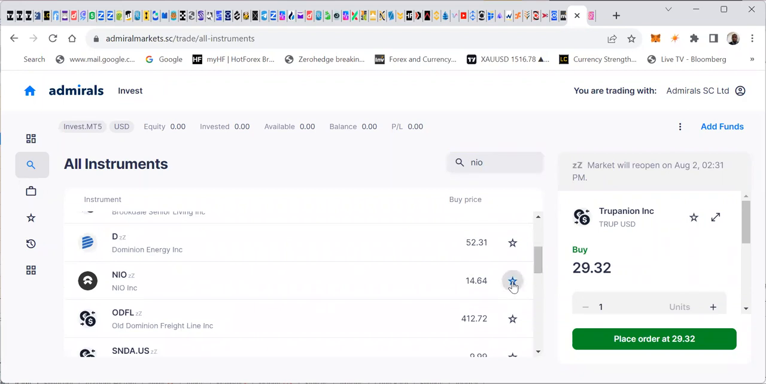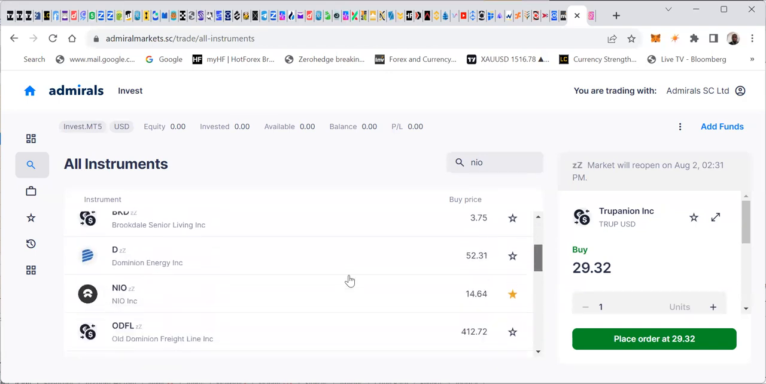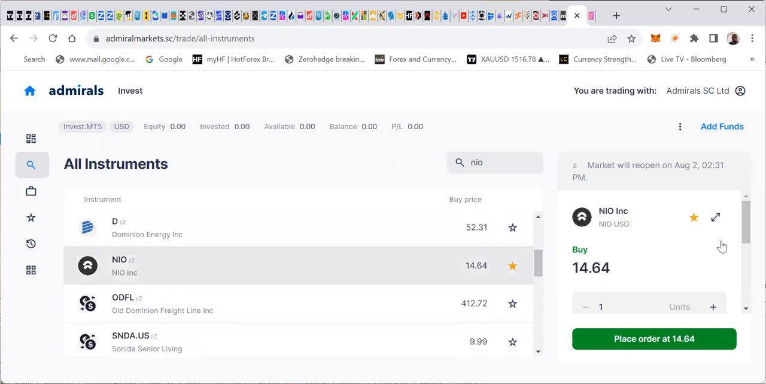Now I've just clicked on the star. What that means is that I have bookmarked it. So if I'm looking for the ones I have bookmarked, it will be easy. So now what do you do? You click on it. Now it's telling me market will reopen on August. Okay,